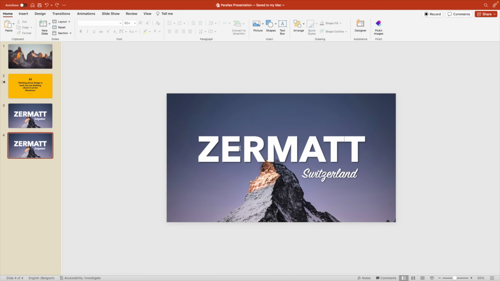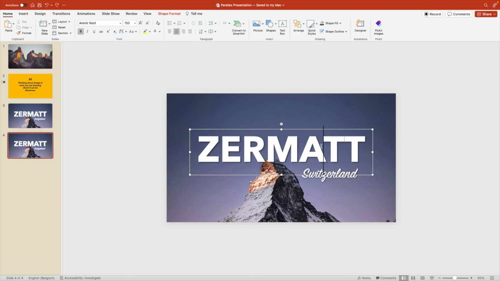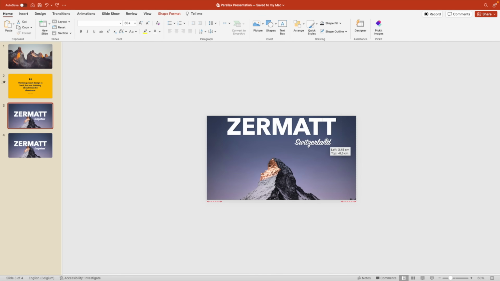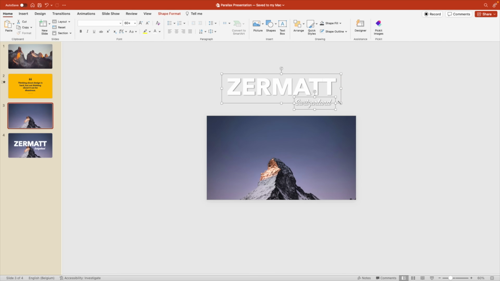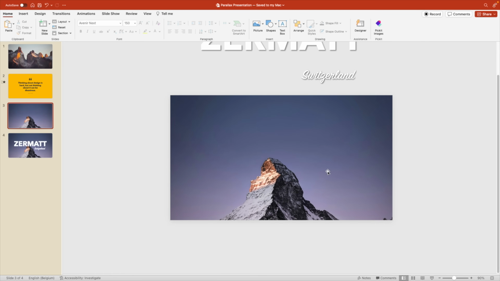The content, we want to select them both, so you can either drag across the selection or click on the title, hold Shift, and click on the subtitle to select them both. Let's scroll out a little bit, and you can do that holding the Control key and scrolling backwards, and then hold Shift to drag them upwards in a straight line. I'm going to position them slightly apart from each other to get that illusion that they fly out at different